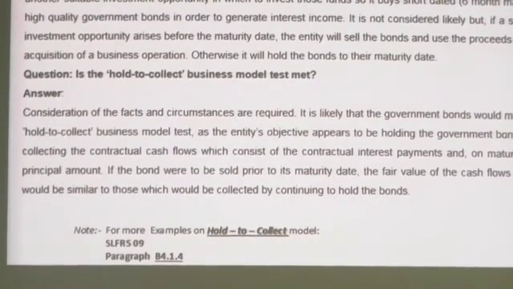If they need funds on 1st July, they definitely invest within 6 months or less. Matching the investment to the funds requirement, hold to collect. Clear? When they are not matching to the funds requirement, they will invest as they wish. But if they do not match, they realize the investments early. Not matching investment with the fund requirement. Is that clear? Then it is hold to collect and sell.